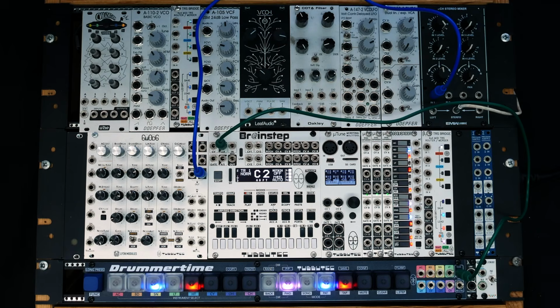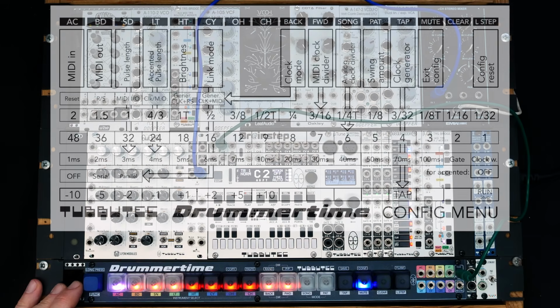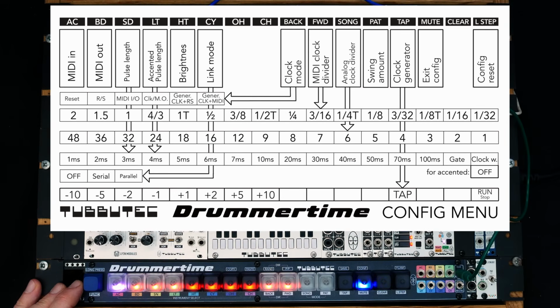Config menu. The config menu contains settings and configurations that are only occasionally needed. To enter the config menu, press and hold the function button and then long press conf. Here, parameters are shown in blue and their values are shown in red. Included with Drummertime is this config menu cheat sheet, and of course you can also find a detailed explanation in